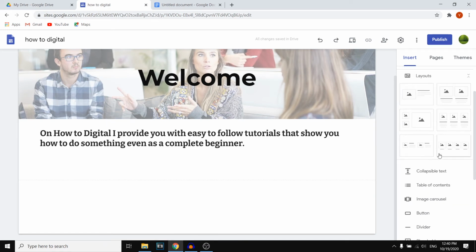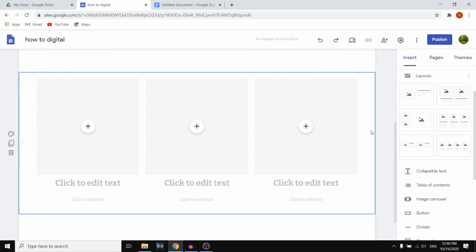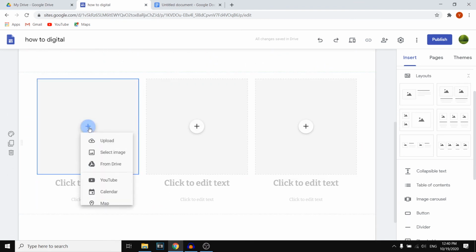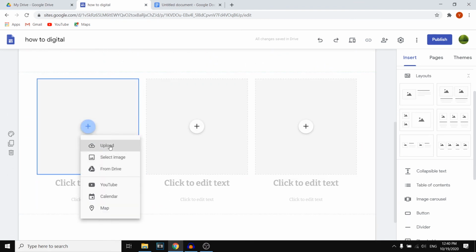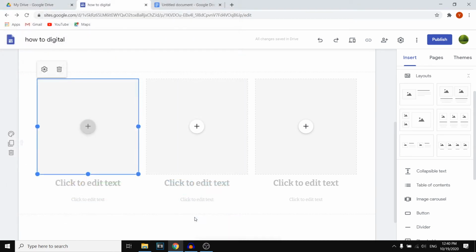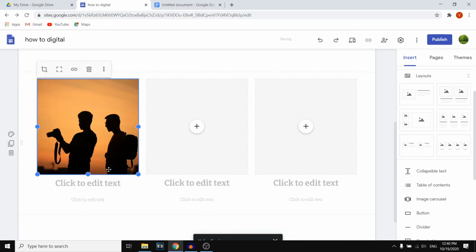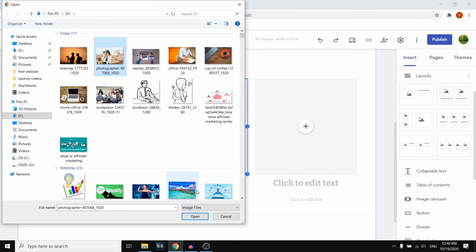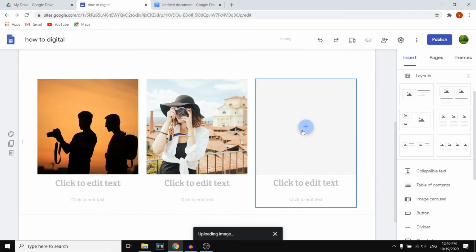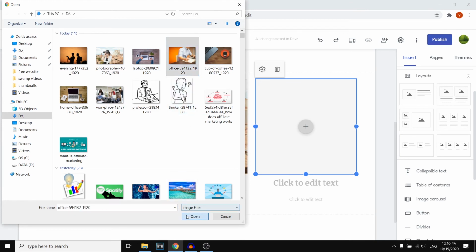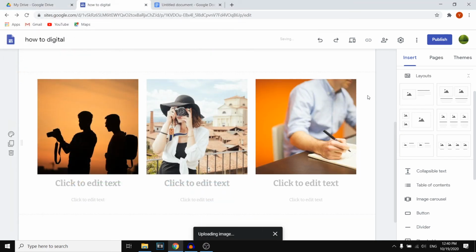So if I want to add another layout with 2 videos, for example, or even this one, you click on the layout and you can then customize it. So for example, if I want to add images on here, I click right there and I then choose an image. So maybe this one, and there we go. So that's how you can do that. It's pretty simple. Start adding images. We'll also add this one, and we'll also add, let's see, this one. Click on open, and there we go. So that's how you can do that.